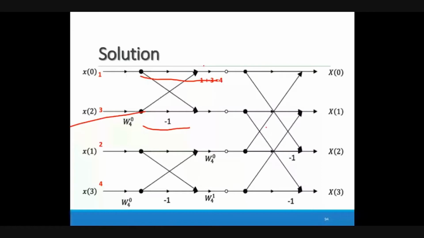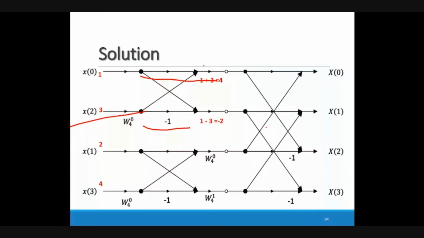In the second, what we are doing, we are subtracting x of 2 minus x of 0. Or you can say we are subtracting x of 2 from x of 0, and we multiply with Twiddle factor. And here the Twiddle factor is omega 4 raised to 0. So omega 4 raised to 0 is nothing but the value 1. So in this particular case, Twiddle factor has no importance as it is having value 1. So what you are getting at the second place, that is 1, then 3 is multiplied with minus 1. So you are getting minus 3. 1 minus 3 is equal to 2. Okay, so at the first place, your answer is 4. At the second place, your answer is 2.